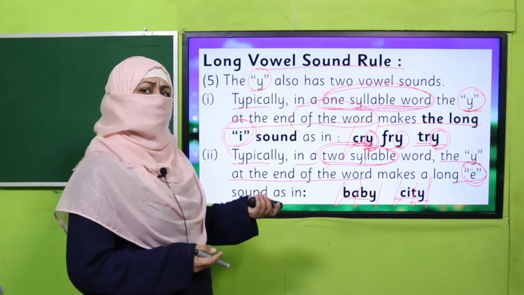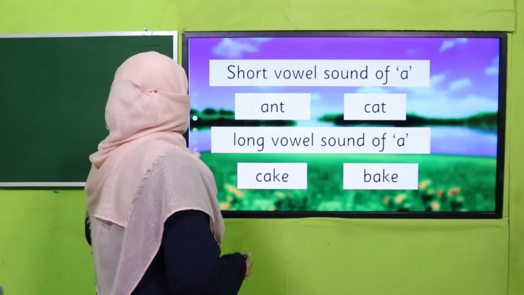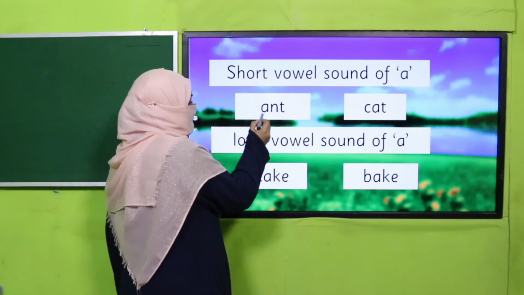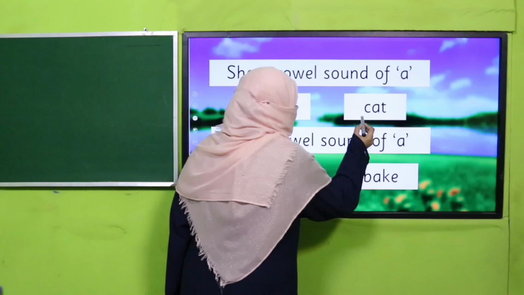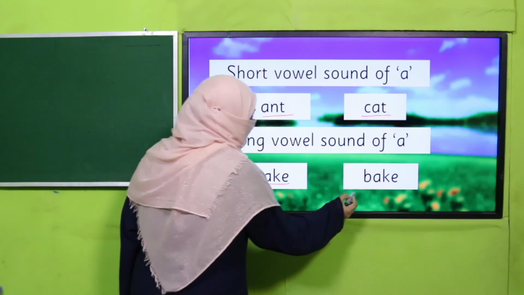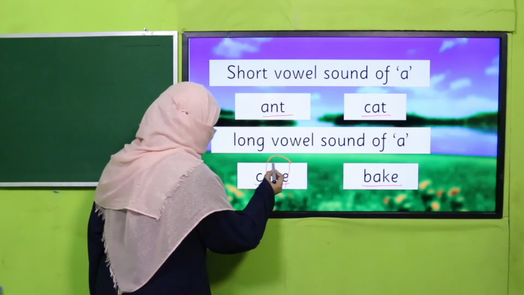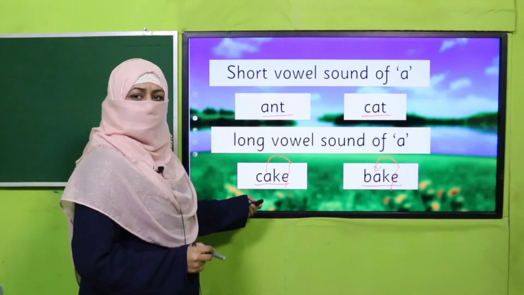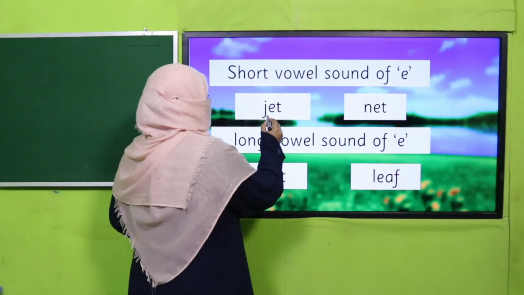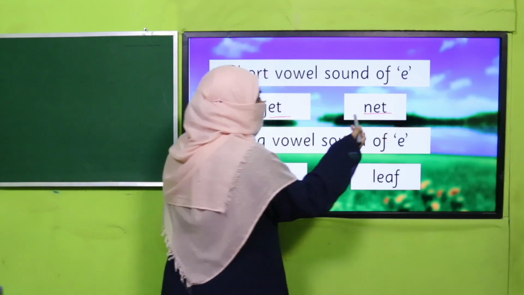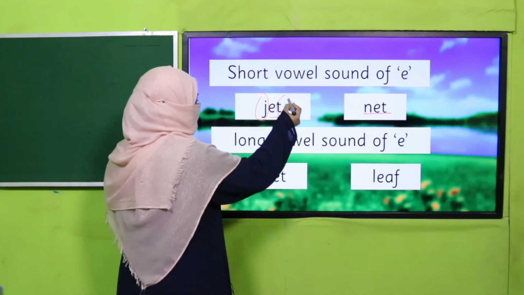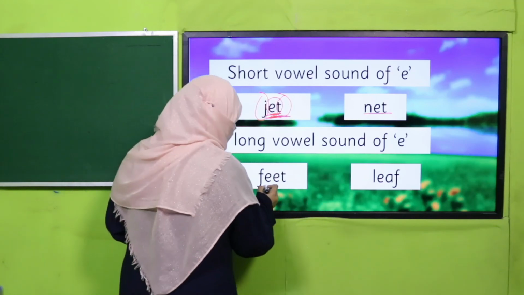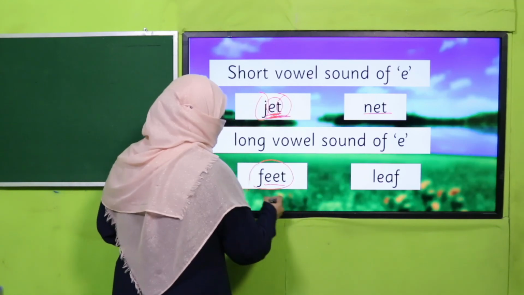Okay, there are a few more we'll learn later. So what's going to happen now? Let's practice all this. Now you will see the first, it's short sound, that's why it's ant, cat, cake, bake. Bossy E rule applies. E is silent, A will give its long sound, cake and bake. Jet, net. What is the rule? Two consonants are coming, only one vowel is there, it will give its short sound. And it's long, two vowels are coming together, feet, leaf,